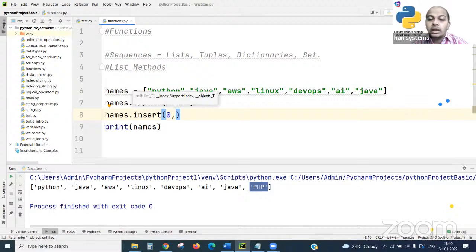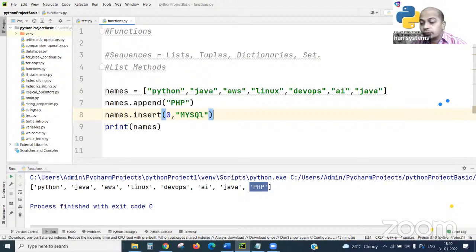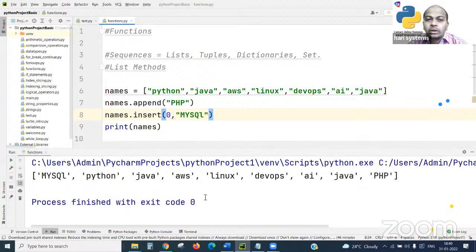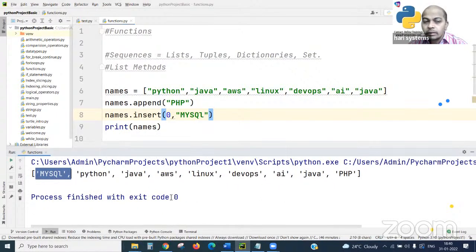All right. And what item is to be added here? Maybe there are no databases here. So I'm trying to add a MySQL database. It's a course. So let's run this program now. What happened? We'll see. Wow. Awesomely, we are adding the course at index position one. See, clearly you may observe here.